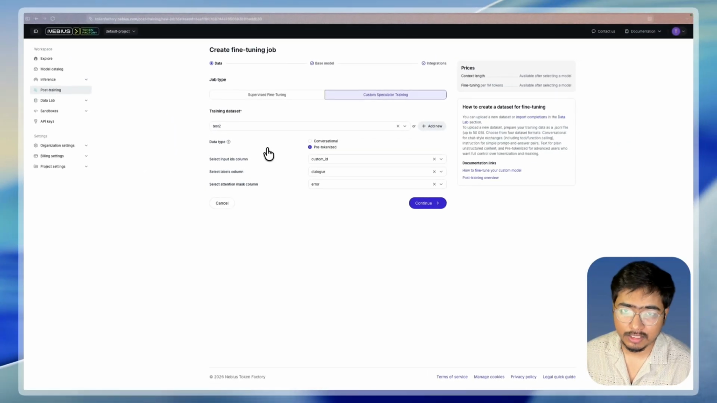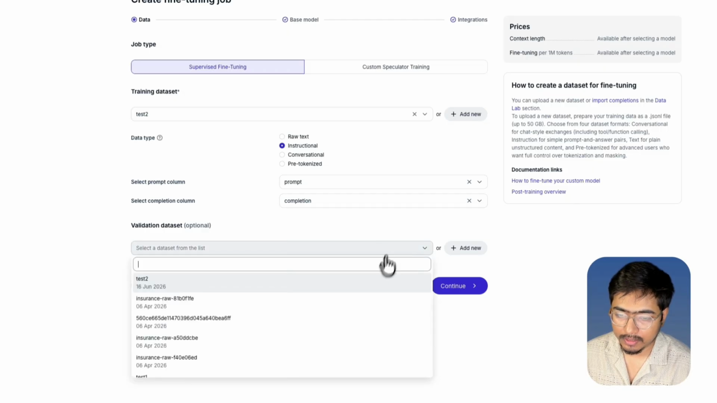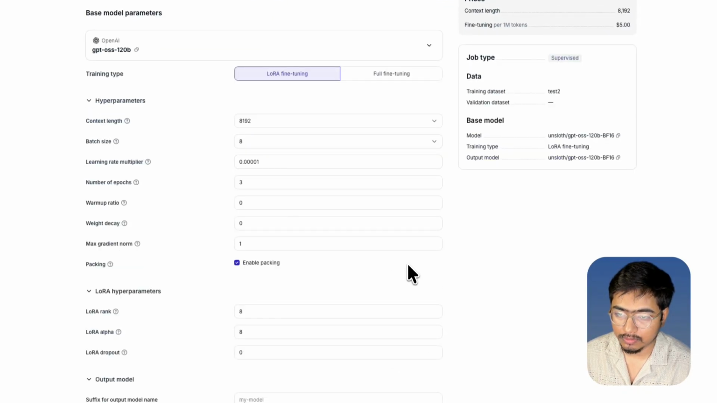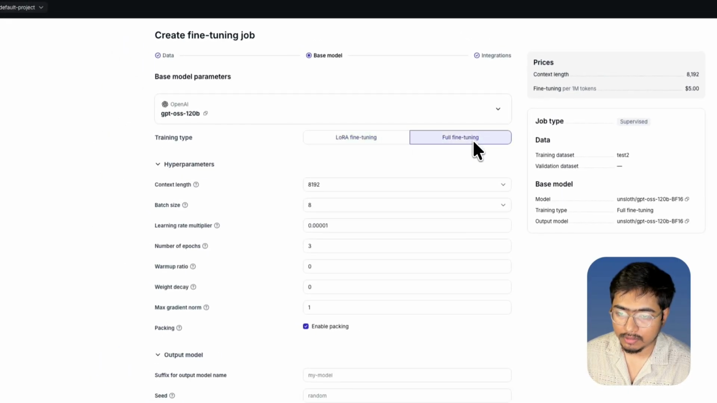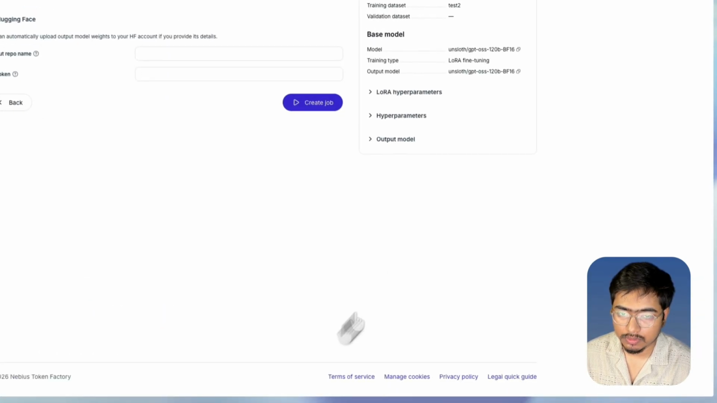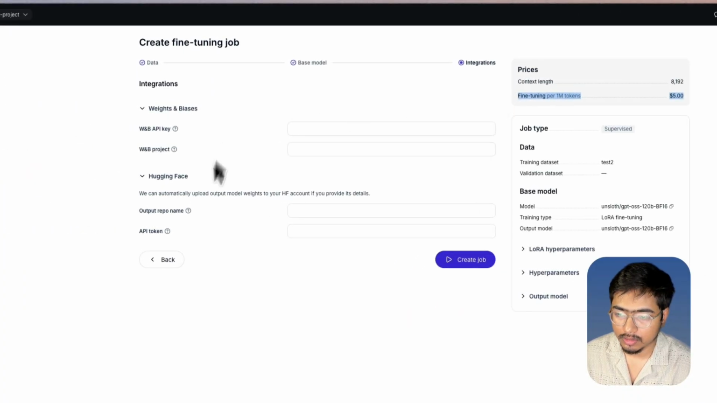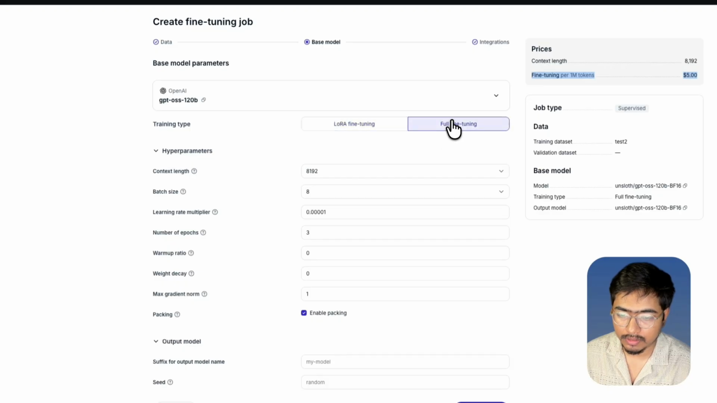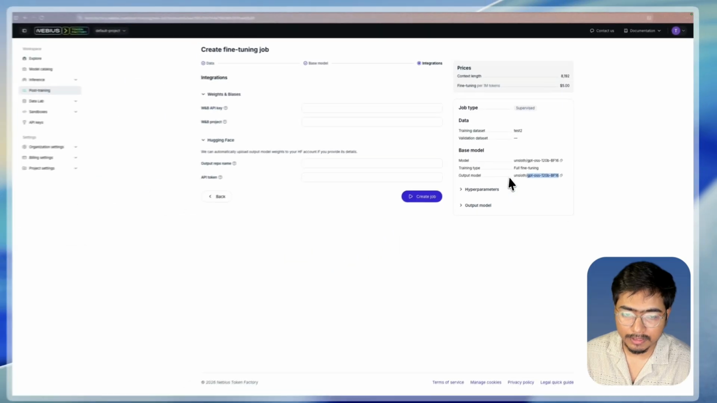Now let's look at supervised fine-tuning. If you are doing supervised fine-tuning for the same thing, I'm not adding any validation data set. Go to continue. Now you choose the same thing, LoRA fine-tuning or full fine-tuning. Choose the model and choose the customization. Go to continue, and you can see this custom fine-tuning will cost you just $5. Let's go back and do full fine-tuning, continue, and it will also cost you $5, and it's for GPT OSS